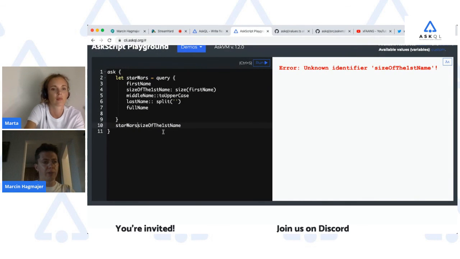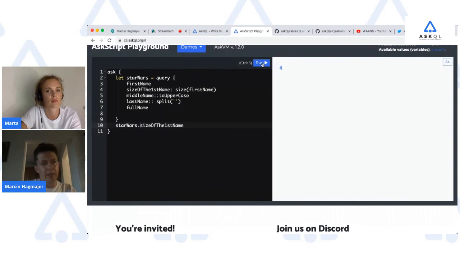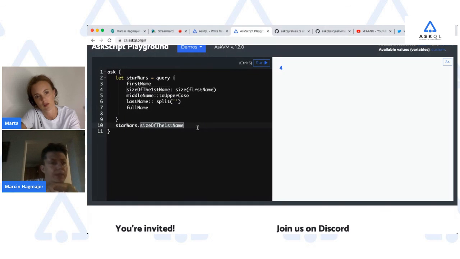So if you want to get it, you need to use the same name. It doesn't make sense outside the query. I have to say within Star Wars, find me this and print it out. Yes, exactly. That's it. So you have those closed scopes in your program. Here's the Star Wars computation. It does its own thing, which has no effect outside.